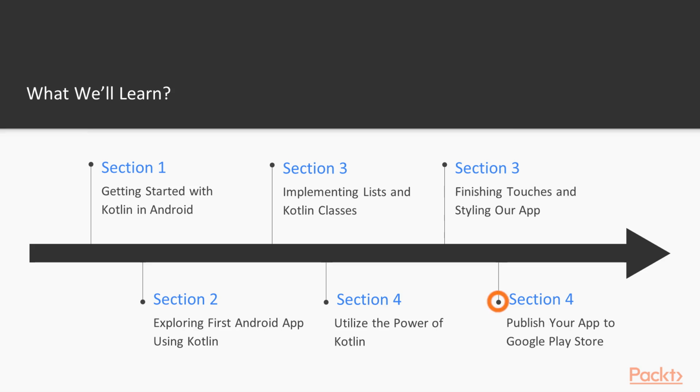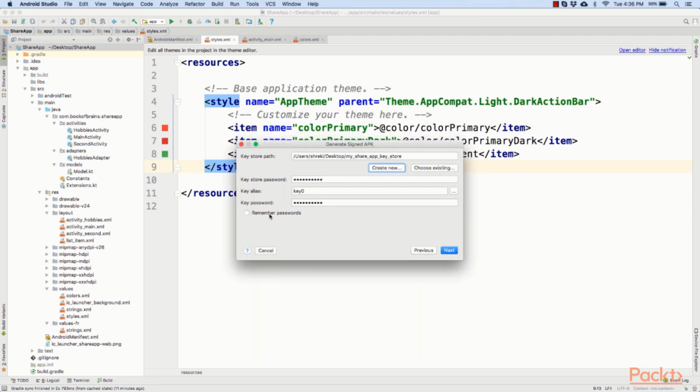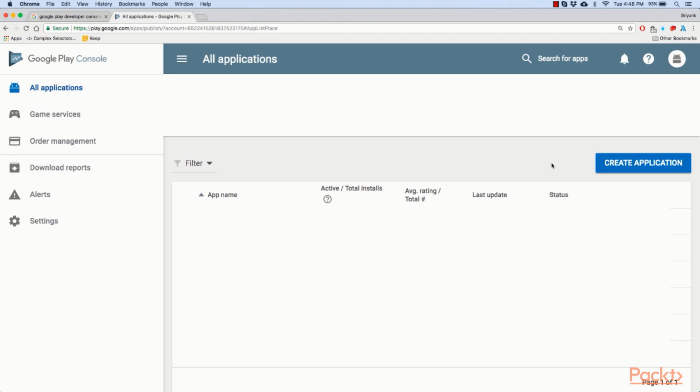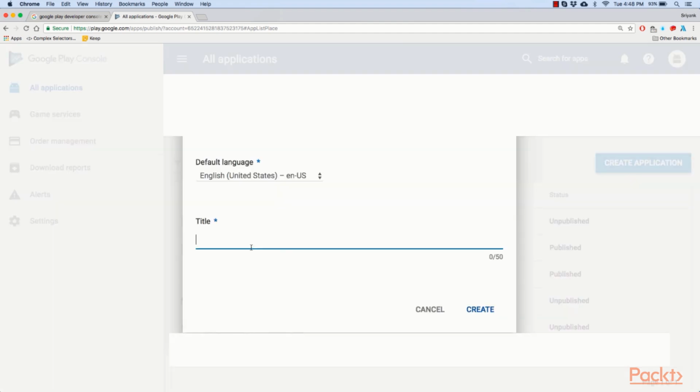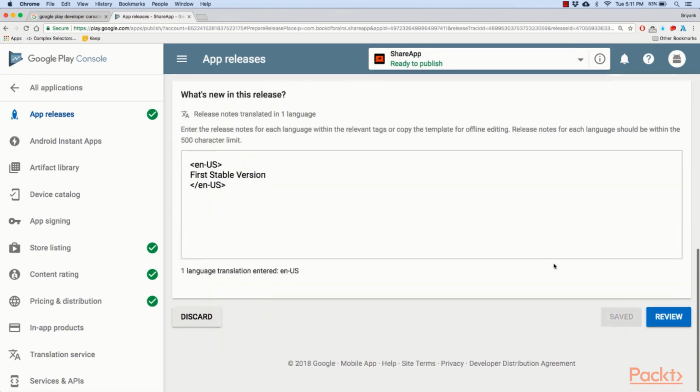Now, once our application is ready, we will move towards the final but most exciting part of this course. We will make our application so created live on the Google Play Store and ask our friends to download it straight away from the Google Play Store. For this, we will create a developer account, export our project, fill out application details in the Play Store, and finally press the magic button that will make our application live.